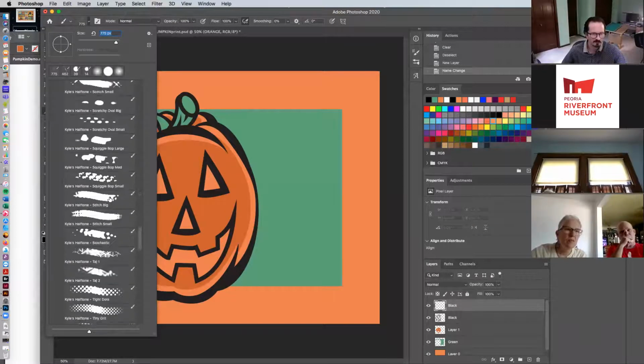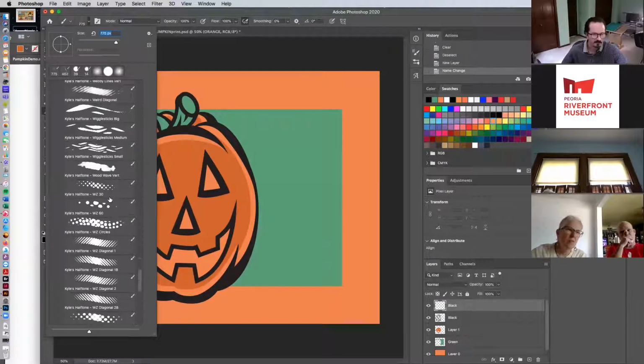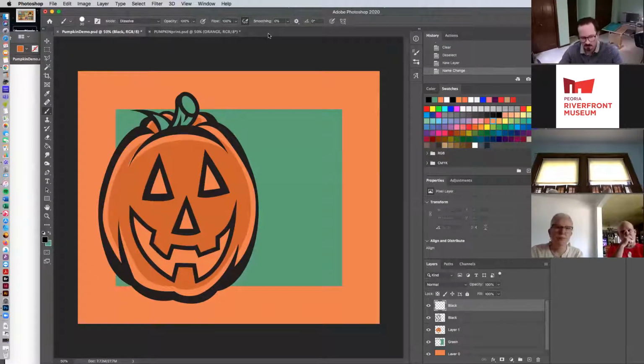Scroll all the way down here. See what I'm looking for. I'm going to use this one right here. And we're going to select it about 30 points. I have my iPad hooked up to this, so it's going to mirror my screen. I have an iPencil, so you won't be able to see that part, but